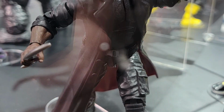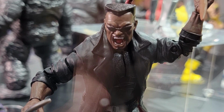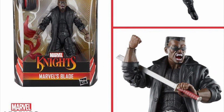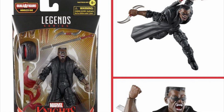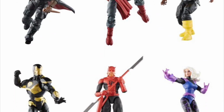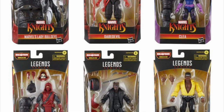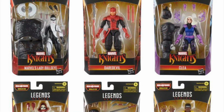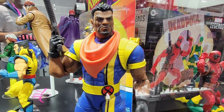And then right here we have Blade. This is another one I want to try to get as well. You get the sword, then you get his cool, like, throwing bladed weapon, and it's Blade, man. I really love any Blade figure, but this is the wave that they're going to be coming in with a couple other characters. We have Luke Cage, I believe, another ninja down there, and a couple other characters I'm not too familiar with. Now for their 97 series X-Men, we are going to be getting Bishop with a odd hairstyle